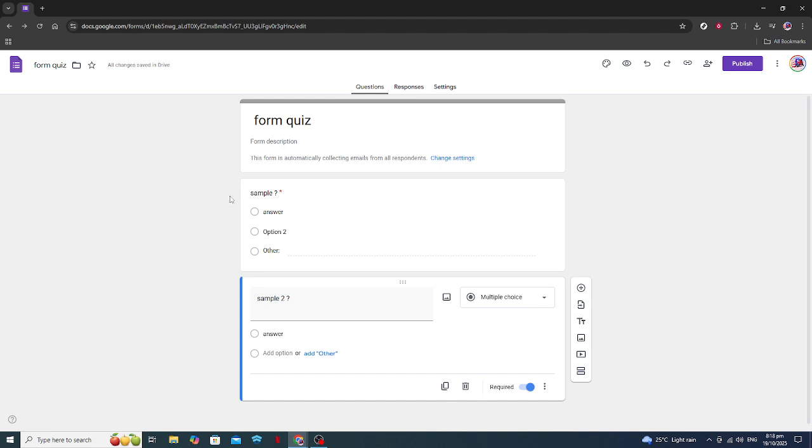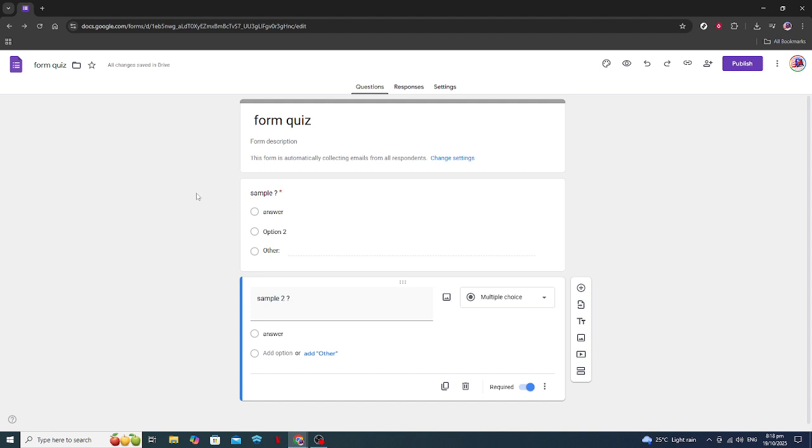First, you'll want to navigate to Google Forms, which you can easily find by doing a quick Google search or by going directly to forms.google.com. Once you're there, if you're not already logged in, go ahead and sign in using your Google account credentials. After signing in, you'll see an option to start a new form. Click on the blank template to create a new form from scratch, or choose a pre-made template that fits your